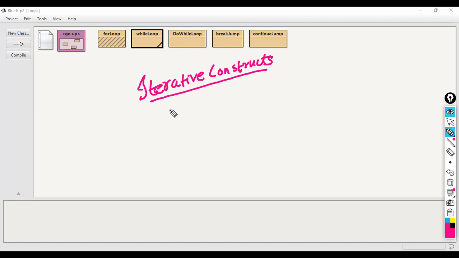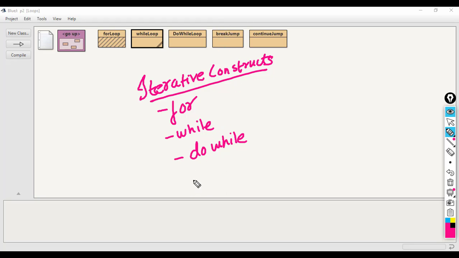And to do that in Java we have got for loop, while loop, do while loop, and then we have two different kinds of jump statements.